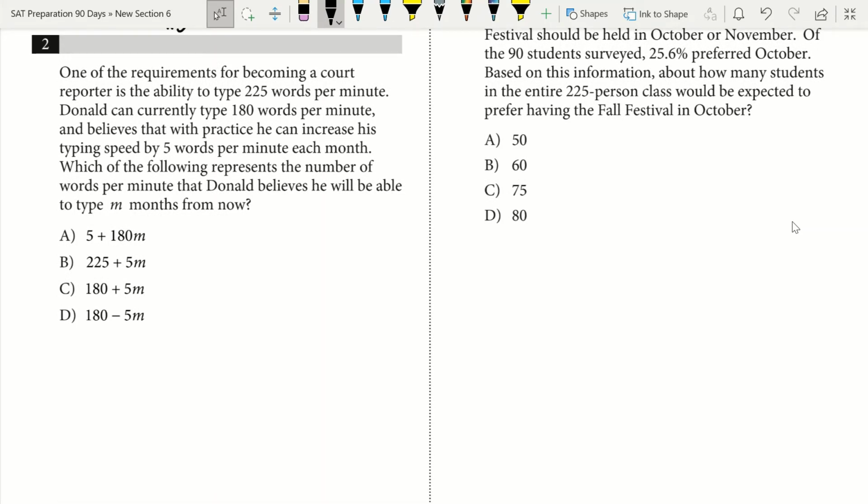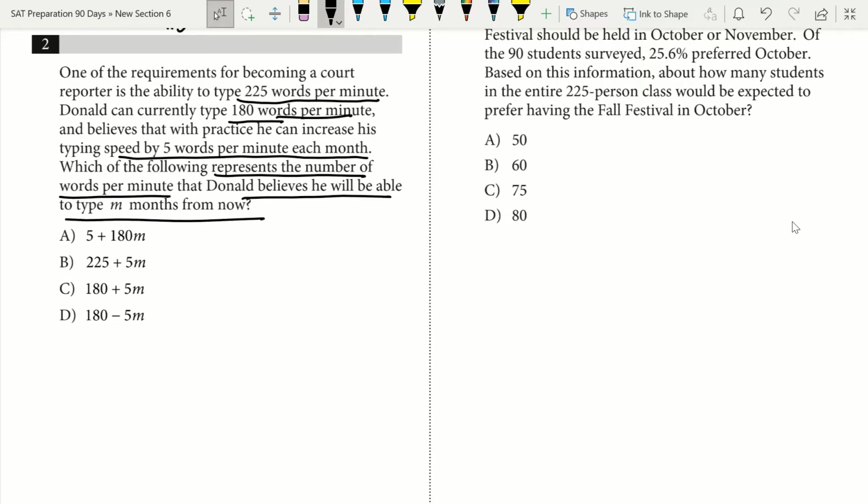One of the requirements for becoming a court reporter is the ability to type 225 words per minute. Donald can currently type 180 words per minute, and he believes that with practice he can increase his typing speed by 5 words per minute each month. Which of the following represents the number of words per minute that Donald believes he will be able to type